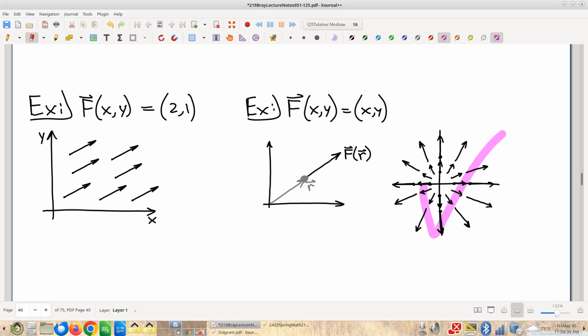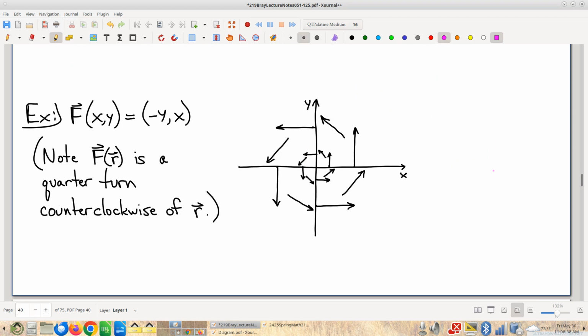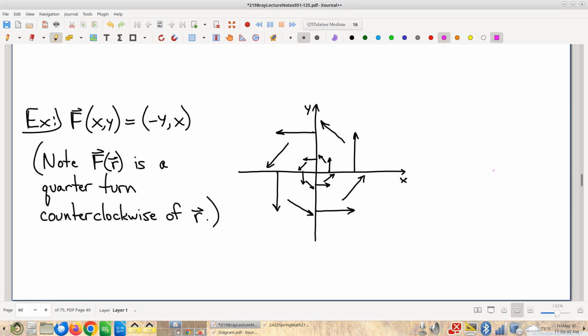Okay, here's another one. Well, we're going to play a similar game at any given point. Let's say that one. Here's a formula for our field vector, and now you will notice, let's look at the algebra, forget about the geometry for a second. You look at the algebra of the x and y that go in. Okay, it's not exactly the same, but I see the same x in there, and I see the same y in there, and you might even notice